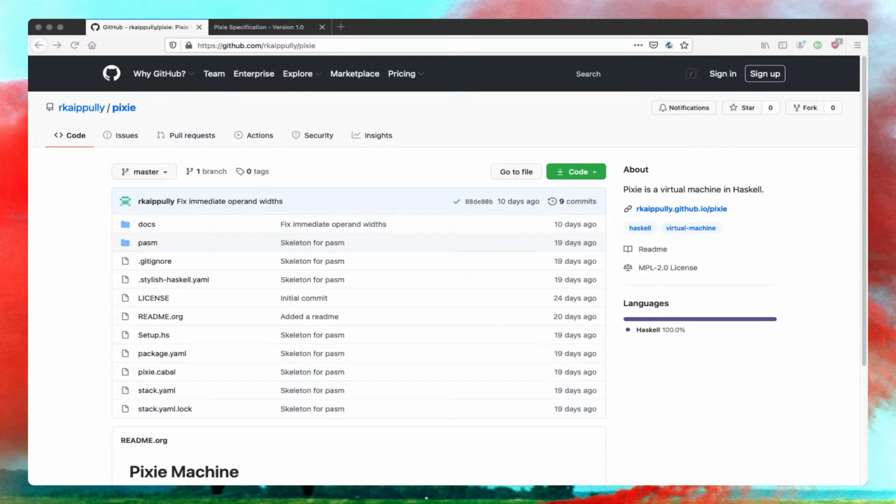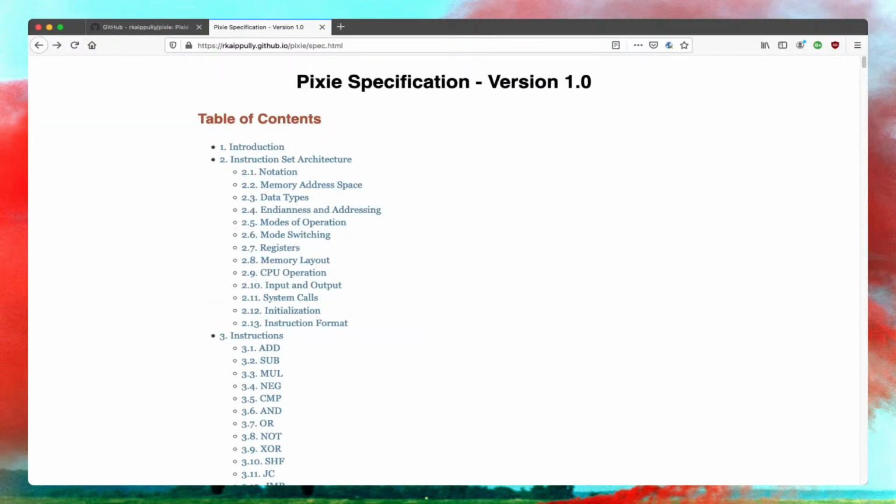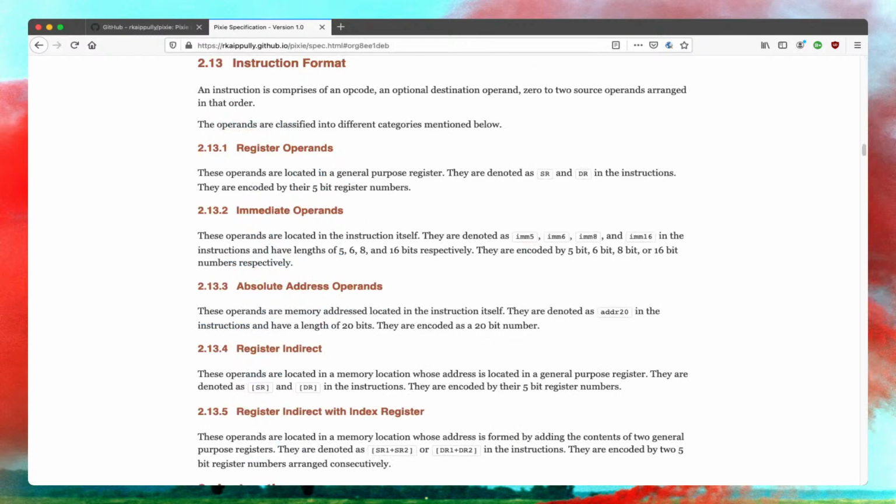We'll start building it. We'll see how much progress we can make today and then continue again in the next episode. So if I go back to the specification that we saw earlier, we covered most of the things in this section 2. One thing we should look at today is the instruction format for Pixie. We briefly saw the add instruction last time, but this is a much more general description. So any assembly language instruction in Pixie